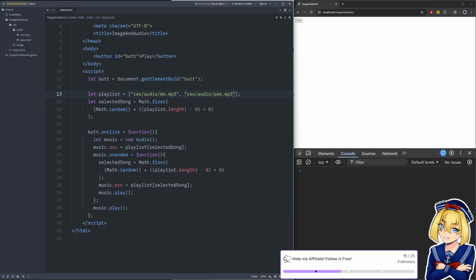So the issue that you're going to run into with this kind of shuffling of a playlist is we're going to generate a random number. We'll say we got 1, right? So it's going to play this song. Well, then we're going to generate a random number. It can still generate 1 again. So you could get Pew and then Pew and then me and then Pew and then me and then me and then me and then Pew. Basically, it can replay songs that it's already played. So that's one consideration to this sort of shuffle.